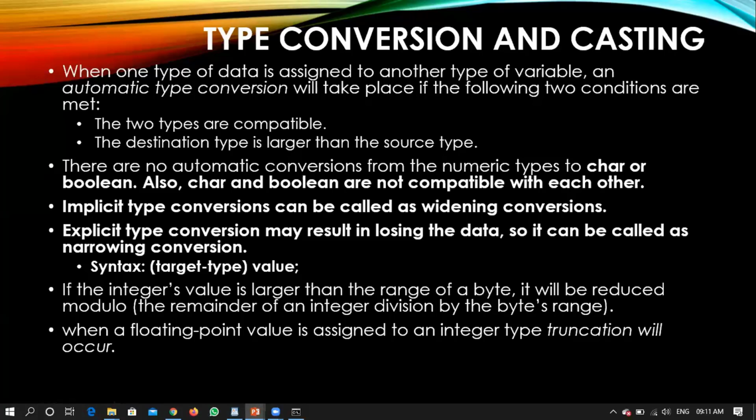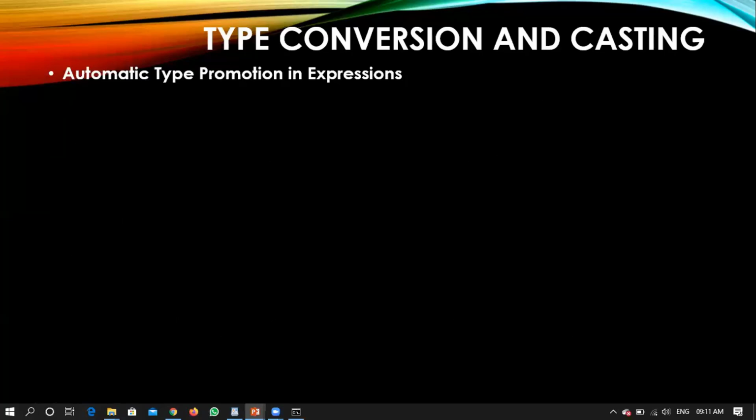Okay. Automatic type promotion in expressions, right? If you know what exactly is normal typecasting, that is explicit typecasting and implicit typecasting, it will not be that tough to understand this type promotion in an expression. Say for example, in one particular expression you want to perform A * B * C. Consider that A and B are byte values and C is an integer value, right?